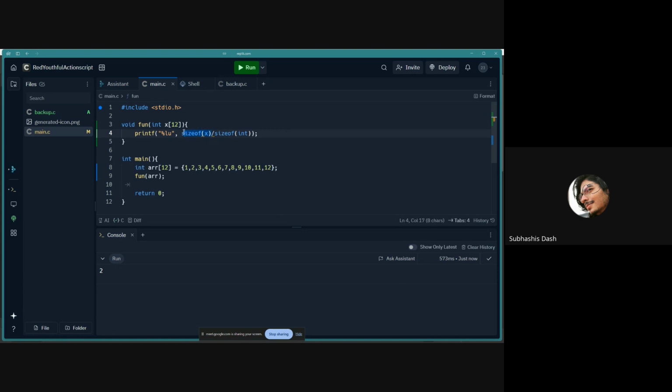And the size of a pointer, as it was given to us, is 8 bytes. And the size of an int is 4 bytes. So 8 by 4 is giving us 2. Okay, in place of that, if I were to,